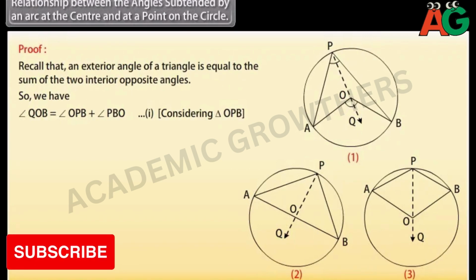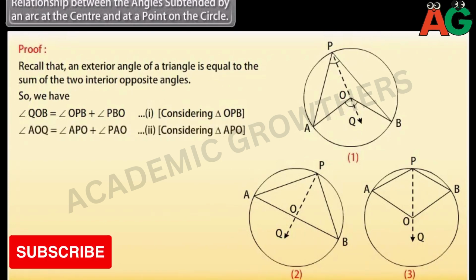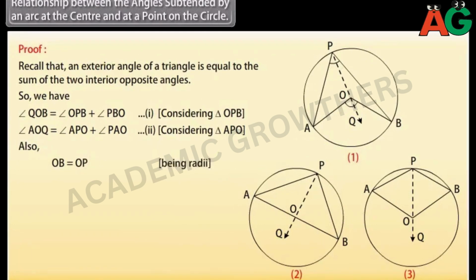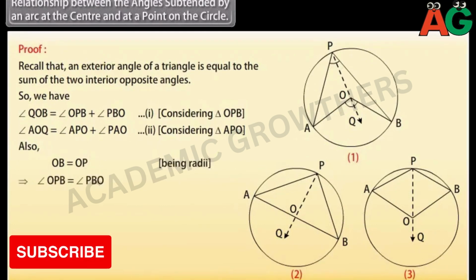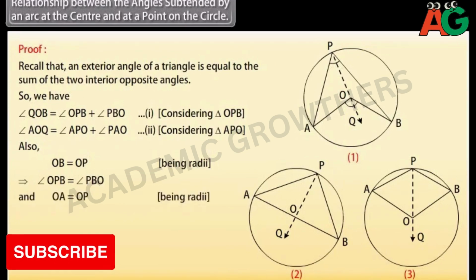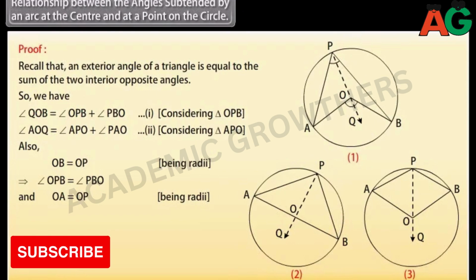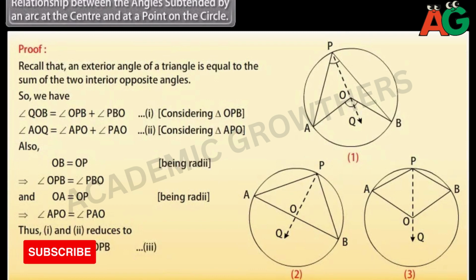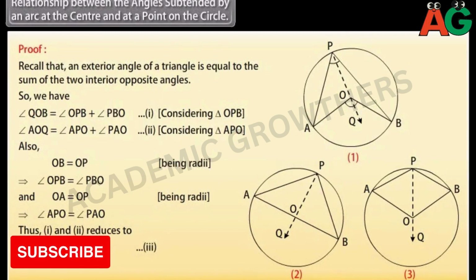1. Considering triangle OPB, angle AOQ is equal to angle APO plus angle PAO. 2. Considering triangle APO, also, OB is equal to OP, being radii. Angle OPB is equal to angle PBO and OA is equal to OP, being radii. Similarly, angle APO is equal to angle PAO, thus 1 and 2 reduce to angle QOB as 2 into angle